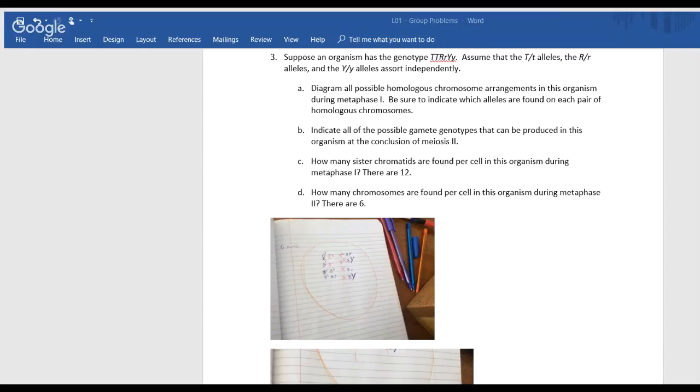And there's going to be big T, little t, big R, little r, big Y, little y. So that's the genotype of the organism. And you can see the homologous pairs